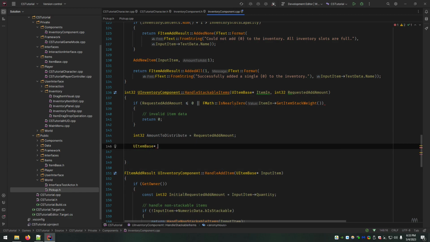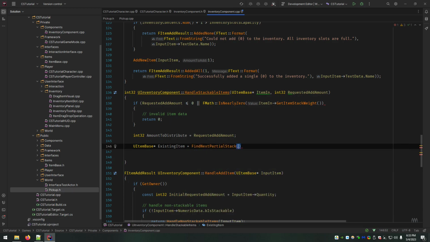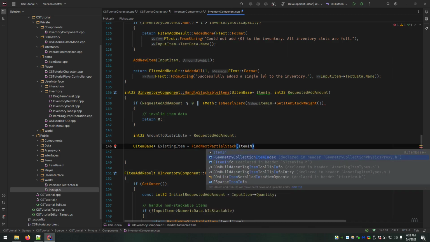We're then going to get an item reference and call this existing item. To find it, we use find next partial stack, which we implemented when we first wrote the inventory component. We pass in item in.